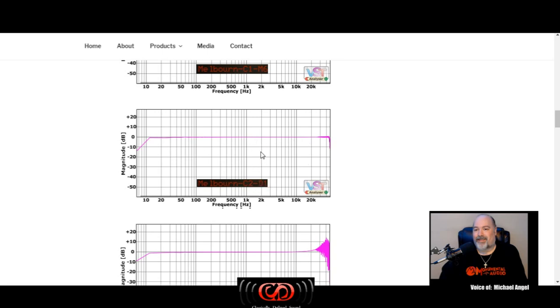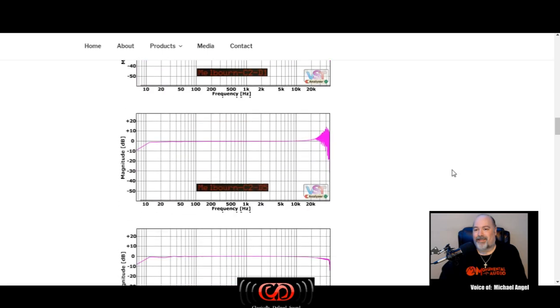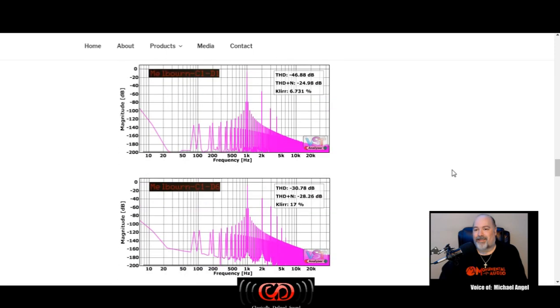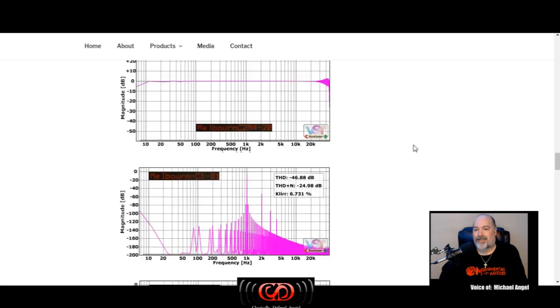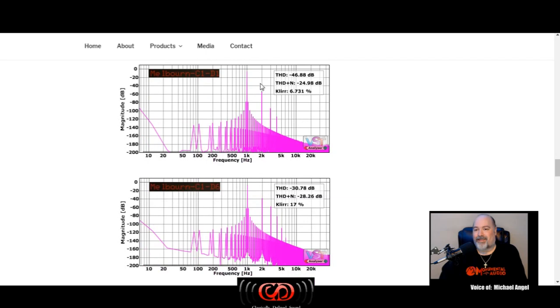Yes, it does. Channel 1 and 2 both had a very similar response. So use the graphs page. In fact, just download it if you would like to. Use it as a visual. You can see that the range on channel 1's direct input line level can go from about 6.7% all the way up to 17%. These are edited to be very accurate with what you're getting, and this is pushing towards